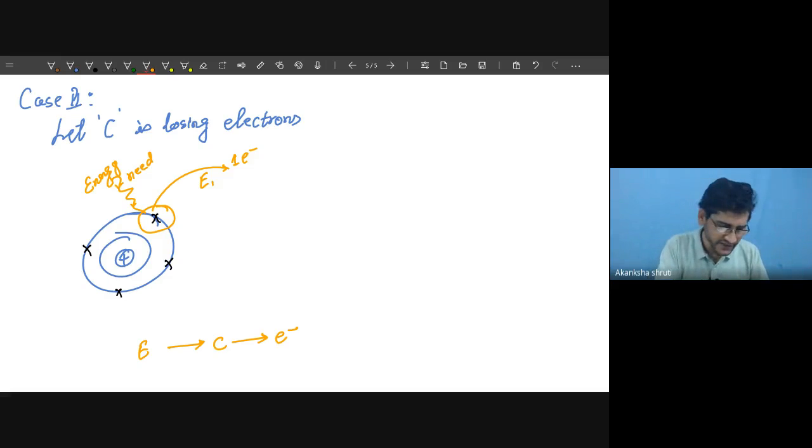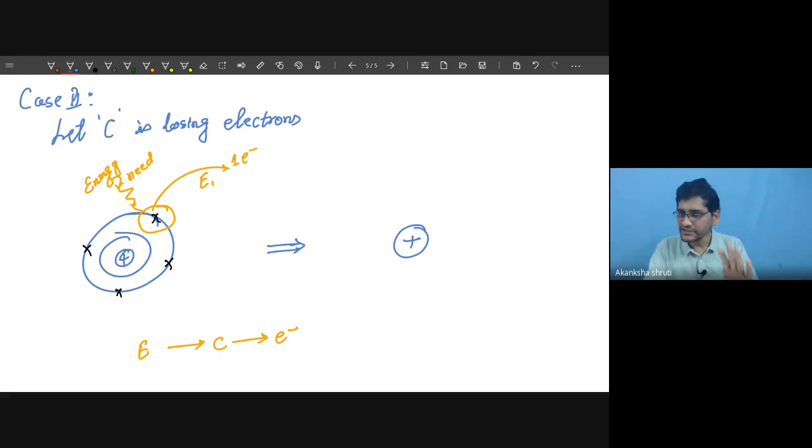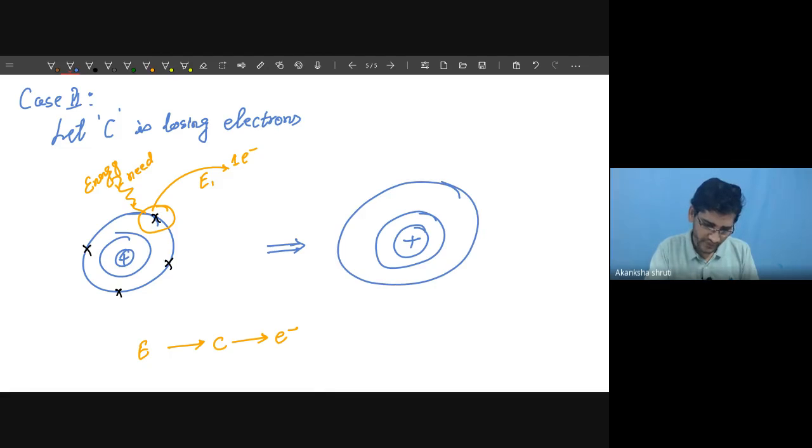See, after this, how does the structure become? After this, the nucleus still contains 6 protons, but the outermost orbit now has only 3